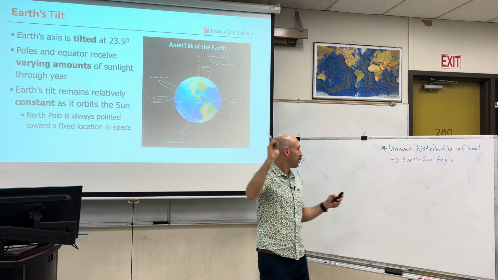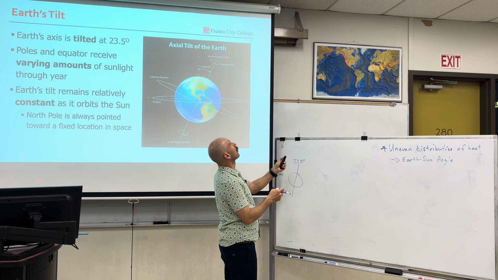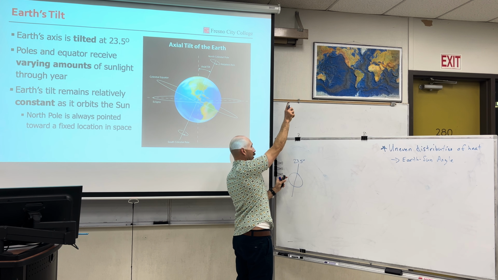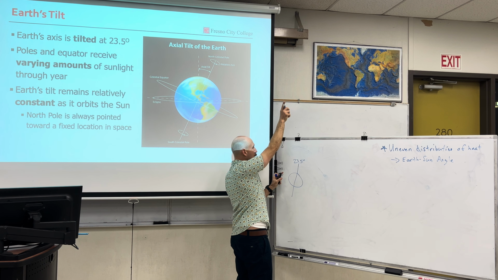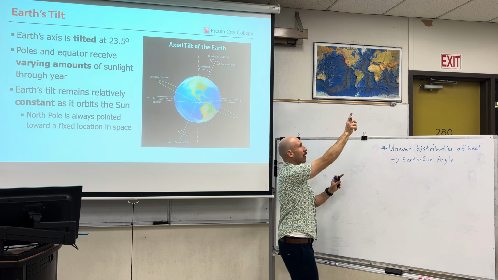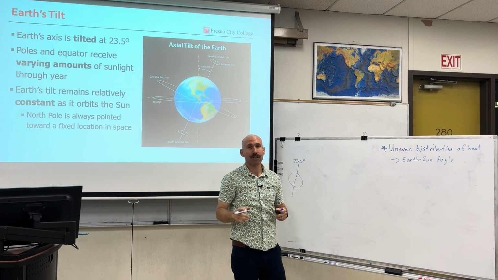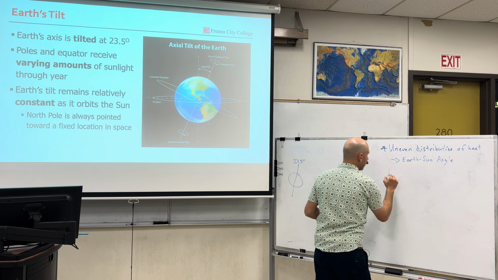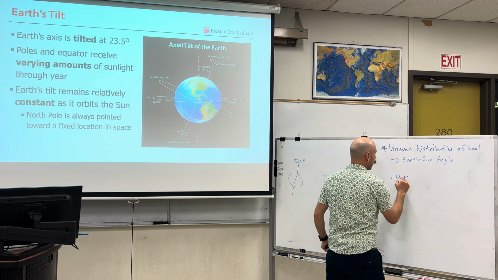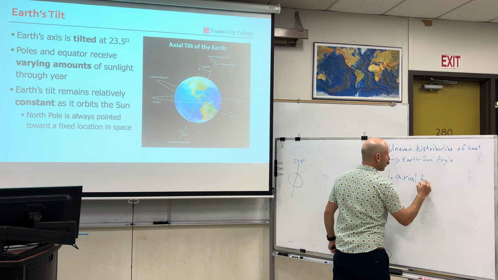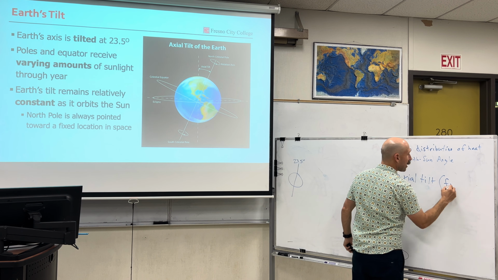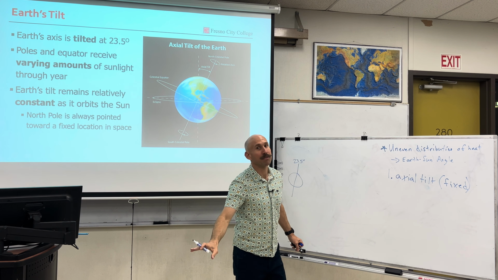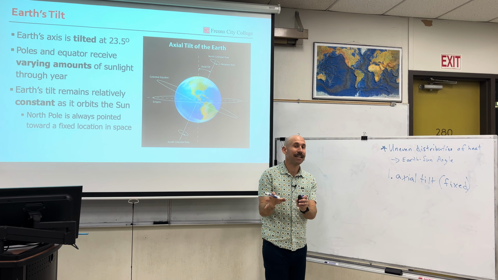doesn't matter what season it is, the North Star is always the North Star because, I don't know if you can see the ceiling, but imagine a point way up there out in space. Doesn't matter where, it's so far away that no matter where Earth is, it's pointing to that star because the axial tilt does not move. So one reason for the seasons is the axial tilt that is fixed. It doesn't move. It actually does move. But for our lifetimes, it doesn't move.